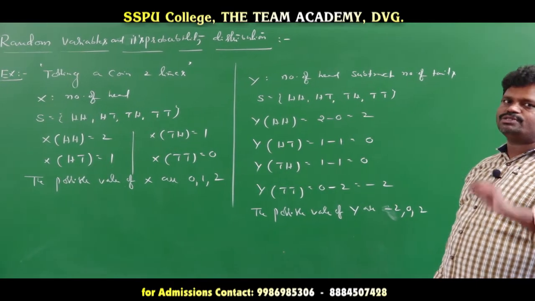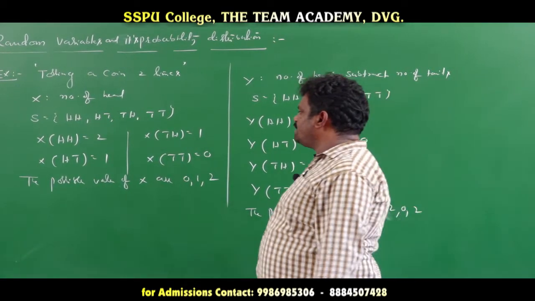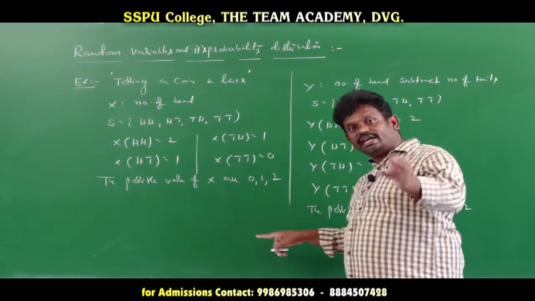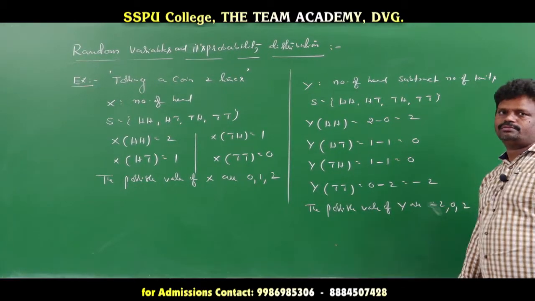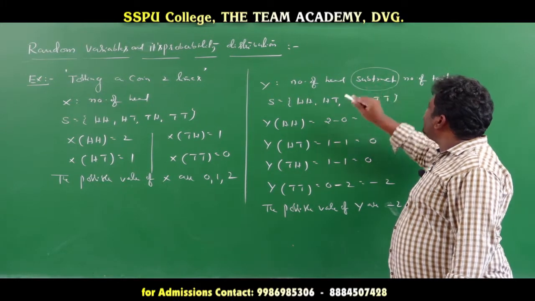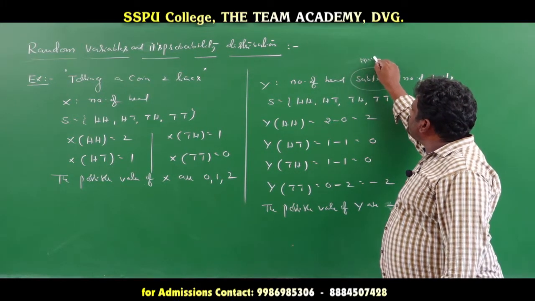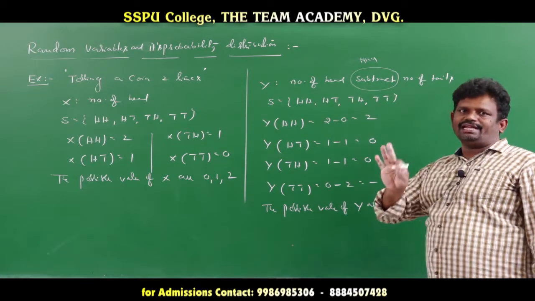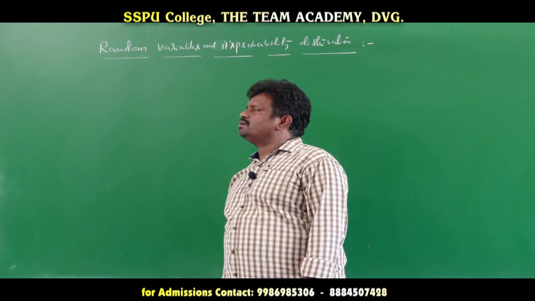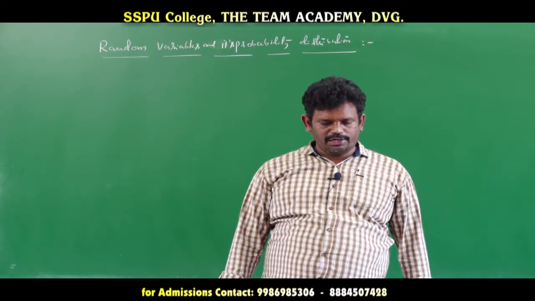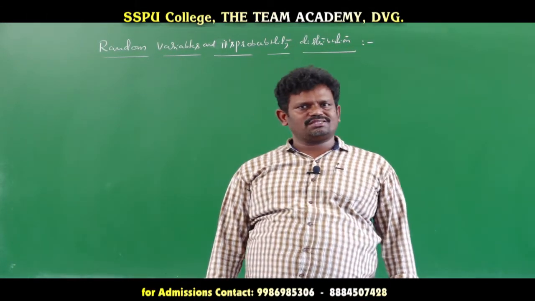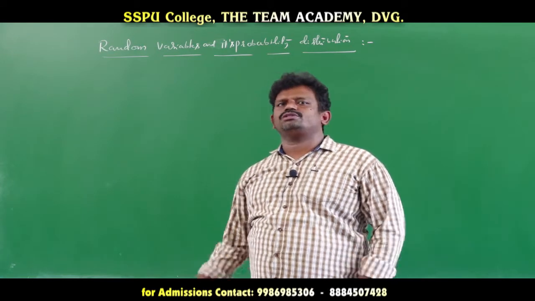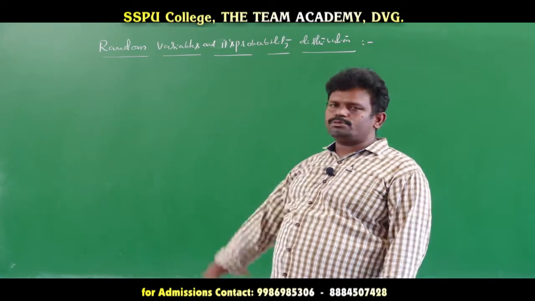Here we observe that the possible values of a random variable are not only positive real numbers; negative values are also possible. Subtract means minus: the number of heads minus the number of tails. Next concept: random variable and its probability distribution. This is a very, very important concept, and it is also useful for the next concept, binomial distribution. This is the base for the binomial distribution concept.